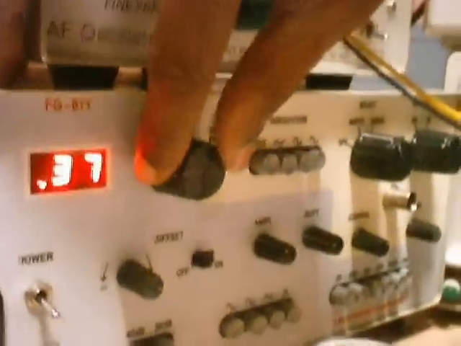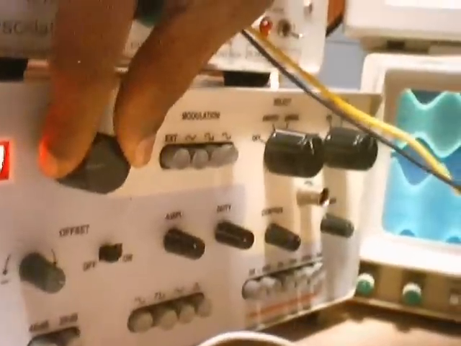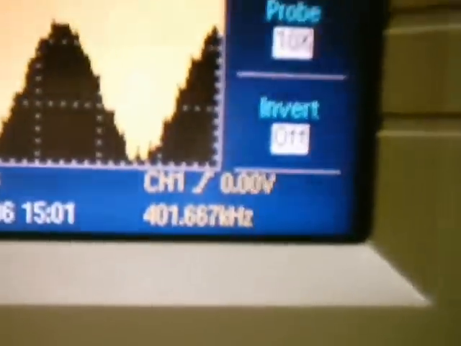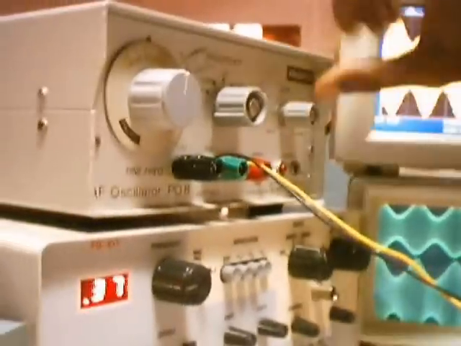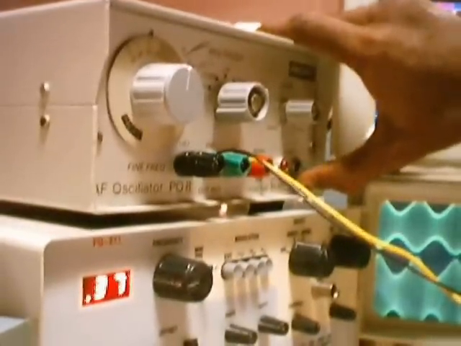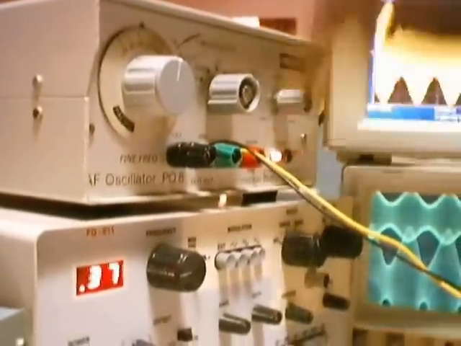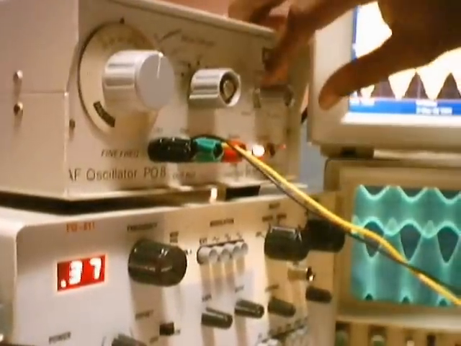We can exactly know the frequency of this one again from the DSO, as you can read from this. So this happens to be around 401.6 kilohertz. So this will be the tune frequency of the IFT. So while operating all this, let the local oscillator be on with amplitude 0.